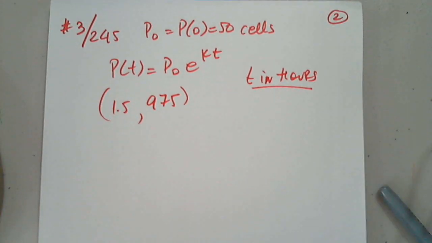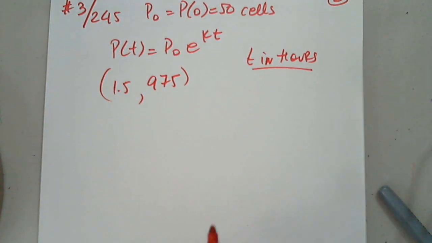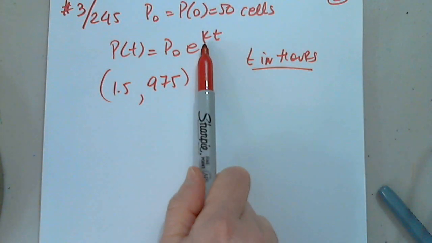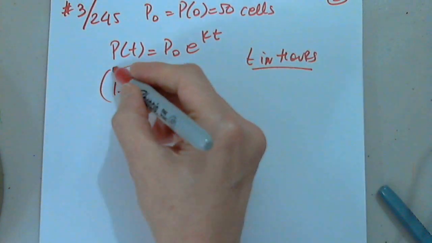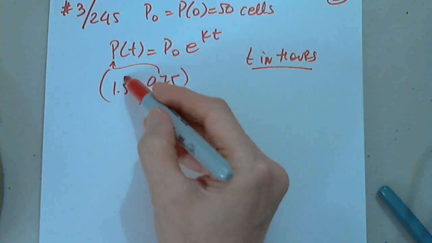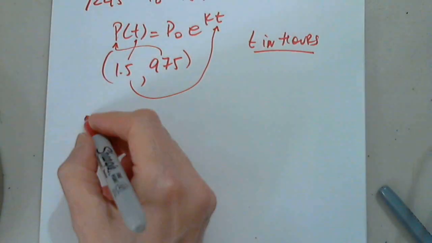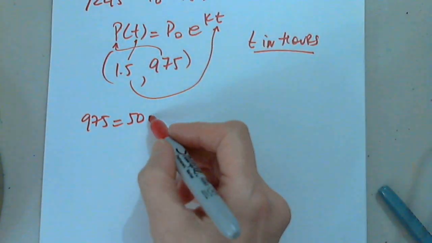Good. So the first question here is find an expression for the number of bacteria after t hours. So we do have P naught, which is 50. But I don't have the growth rate. But that's okay. I have this point. When P is 975, t is 1.5. So 975 equals 50, because that's what P0 is,